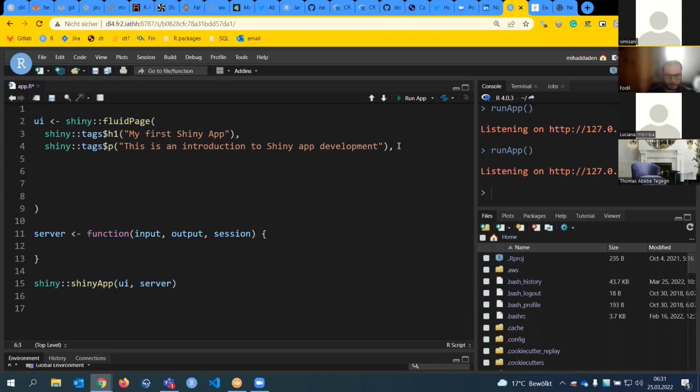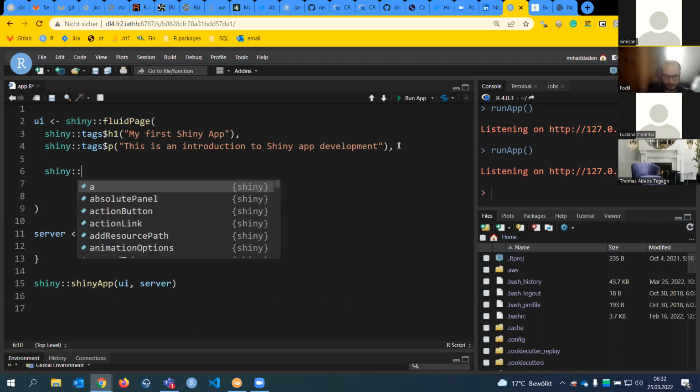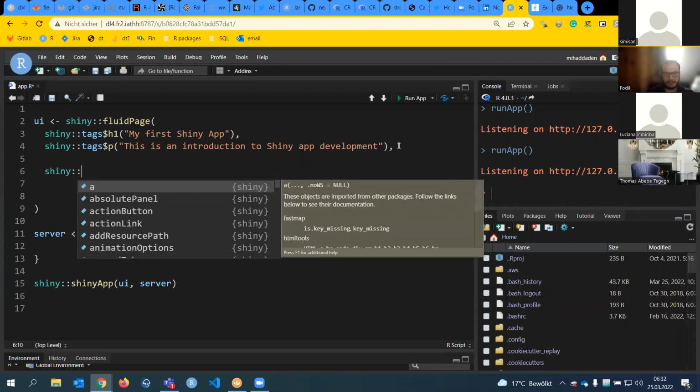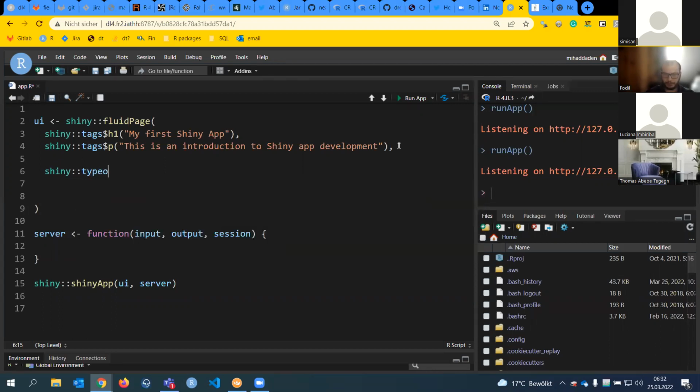and we have to state in our UI that we want to display an R plot, a ggplot, right? So what we do, there is a family of functions in Shiny which has this format. It starts with the type. I will write something that doesn't exist, so it's type of output, right?